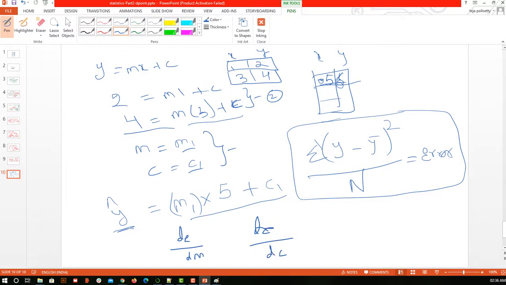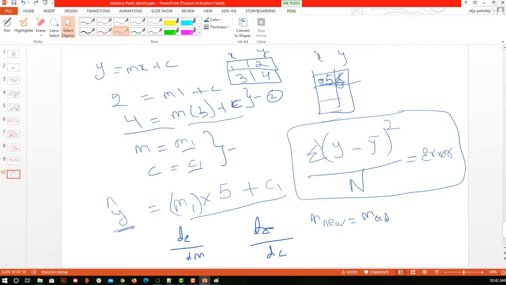So this I am going to find. This error that I calculated, this formula is known as mean square error, where n is the number of observations that I have taken for y and y bar. Okay, so how the m or c changes: my m1, or my m new, is nothing but my m old. So this is a very important formula.